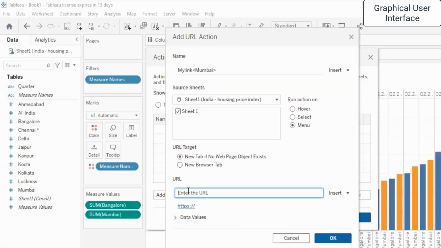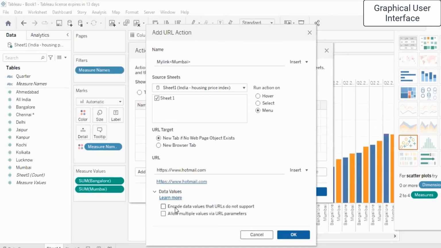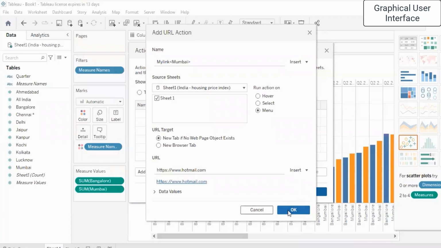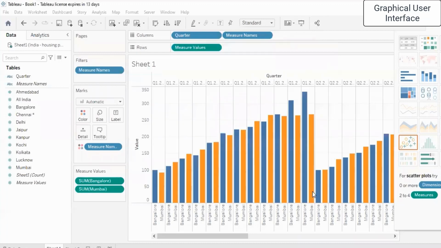you can add the URL if you want. So let us take any here. We do not have any dedicated URL that we can add here. Then let's write www. Data values. If you click here, you can encode the data values that URLs do not support. So these are the options that are available over here. Depending upon your choice, you can select them. Then I click OK. So this is how it will appear on this sheet, and I click OK. Anyway,